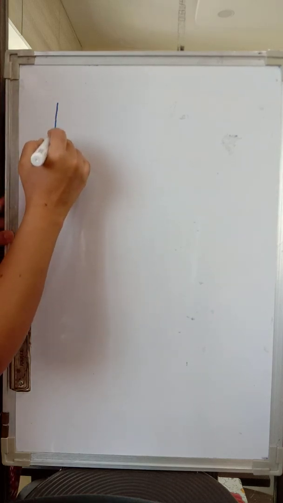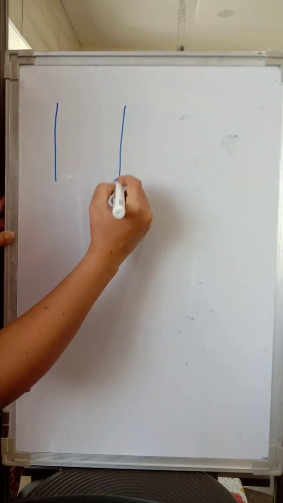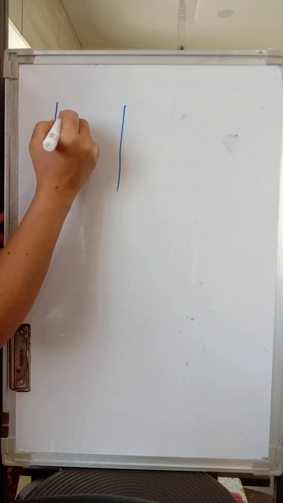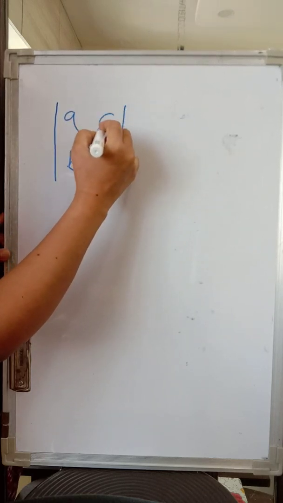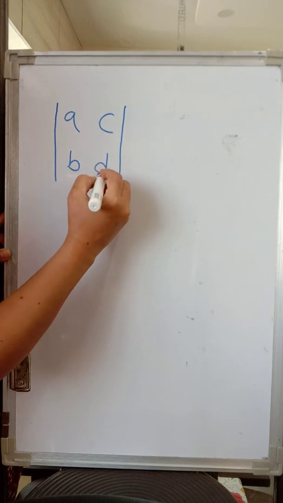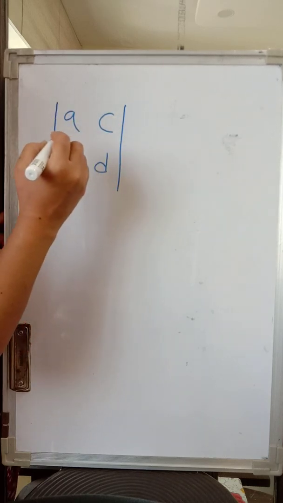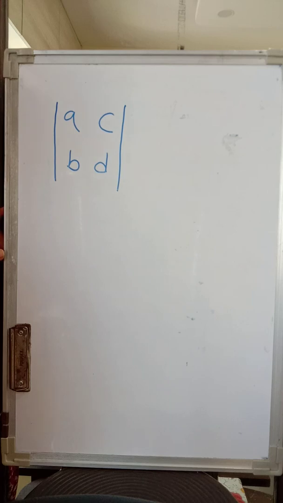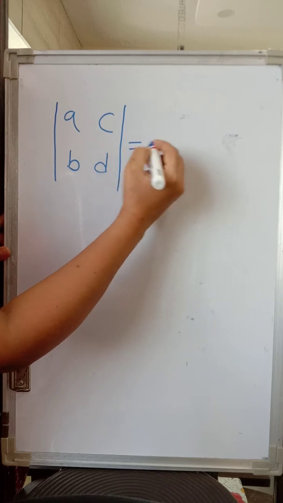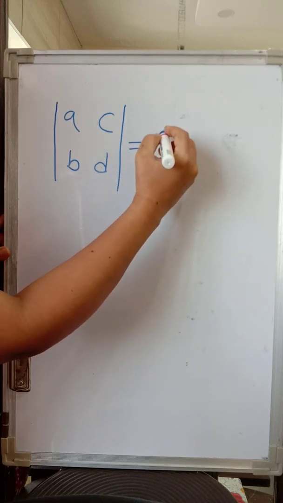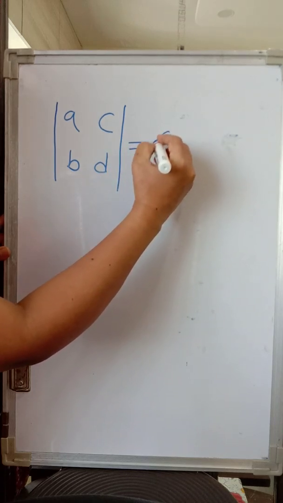Now let us see what we mean by a determinant first. If I represent four numbers in this way, for example A, B, C and D, this arrangement of numbers we call a determinant, and they are represented by capital letters. I can say this is equal to a determinant. Any capital name we can give. For example, this is determinant G, we say.